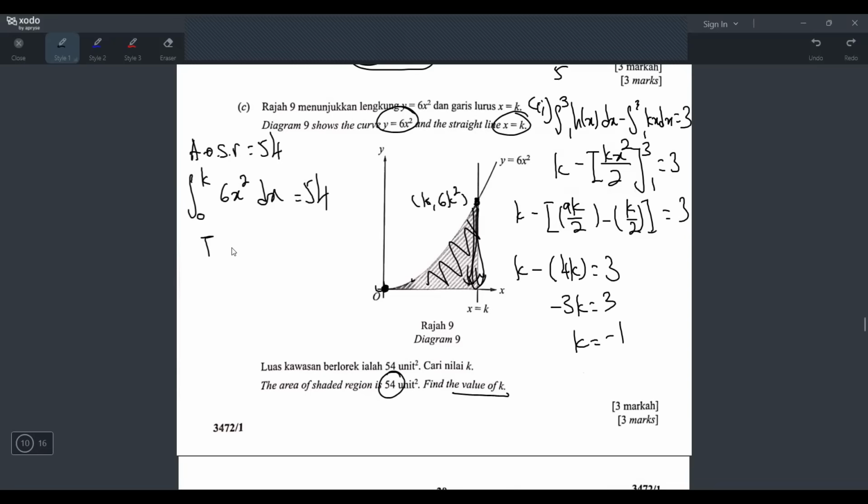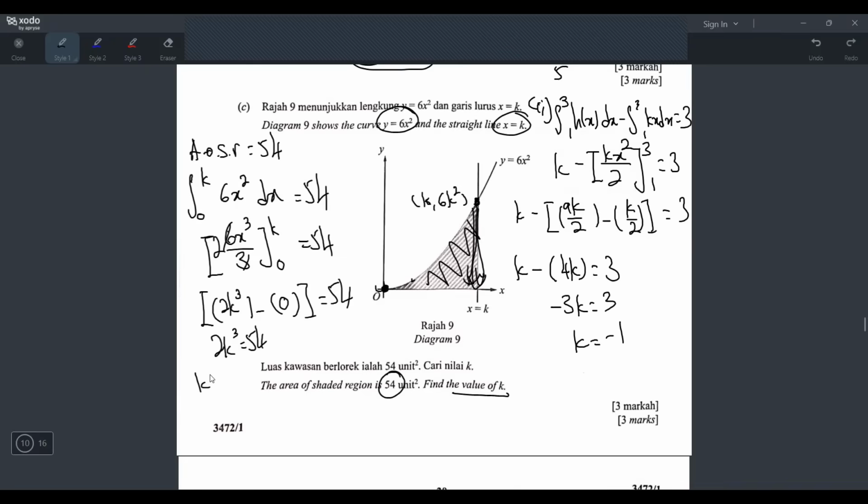Just integrate. So when you integrate, the power gets plus 1. So x power 3, and then divide by the power, and then k to 0 equals 54. And then 6 and 3 can cancel, left with 2x power 3. And now you open 2 brackets, and in the middle minus, all right? The first bracket you sub k inside, so it becomes 2k power 3. The second bracket you sub 0. 0 power 3 is 0. 0 times 2 is 0. So 2k power 3 equals